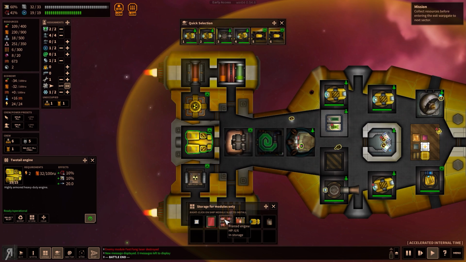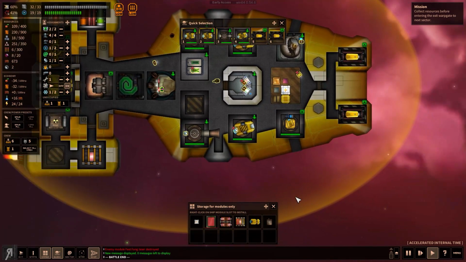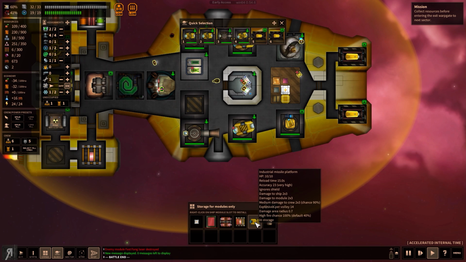Is this better than that one? It might be, actually. Yeah, I think it is ever so slightly. What does this mean here? Hit points. Yes, it does have less hit points, so if it does get hit, then it is going to die very, very quickly. I think I'm going to just stay with the current one that I have, and then we'll see what